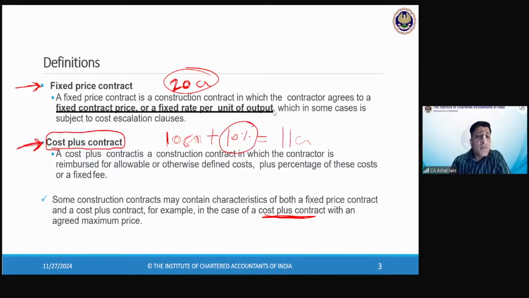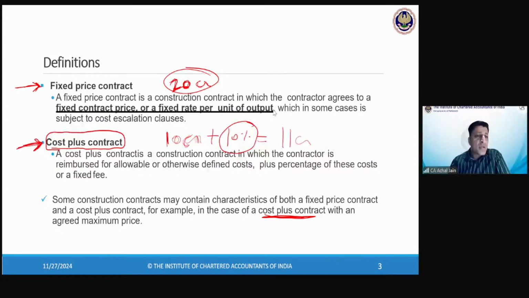Nori is asking, can you give an example of a cost plus contract in building? Very simple. Let's suppose there's a contractor. The contractor says that for this construction, whatever is my cost, I'll charge a markup of 20%. And let's suppose the contractor believes the estimated cost will be 1 crore. So now what is going to be the revenue? 1 crore plus 20%, so 1.2 crore. As simple as that. Yeah.